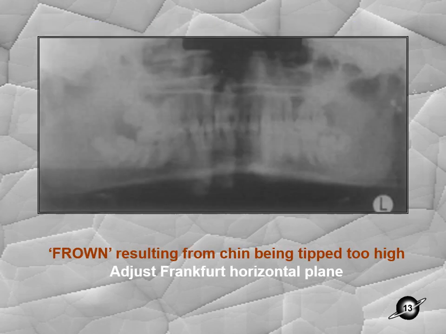If the chin is tipped too high, that is, the chin is placed at a higher level, that's how the image appears. We call it a frown. That's because the chin is tipped too high. So how do you correct all these errors? We need to adjust the Frankfurt horizontal plane, and the Frankfurt horizontal plane needs to be parallel to the floor.